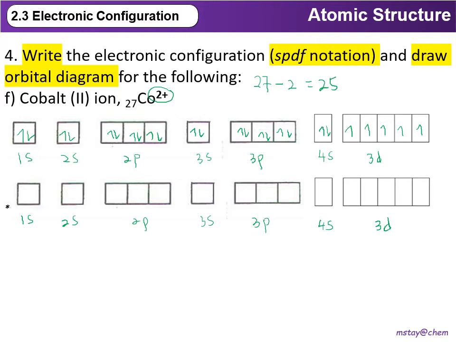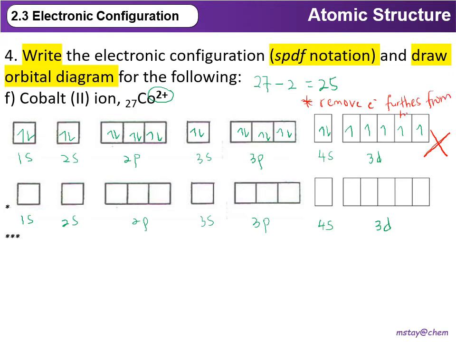Again, reminder, this is the wrong way to write the orbital or electronic configuration, especially for a positive ion. Why? Because you did not remove the electron furthest